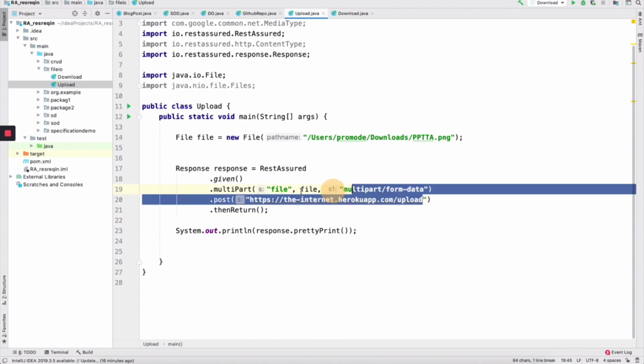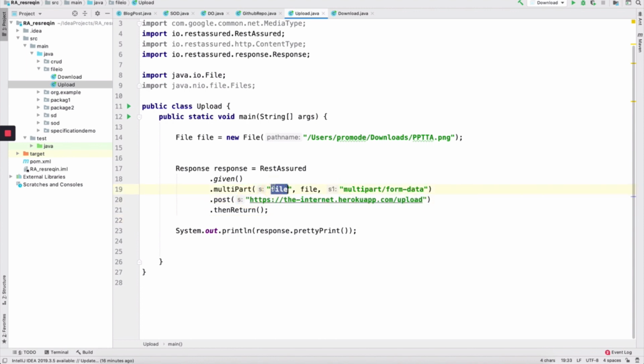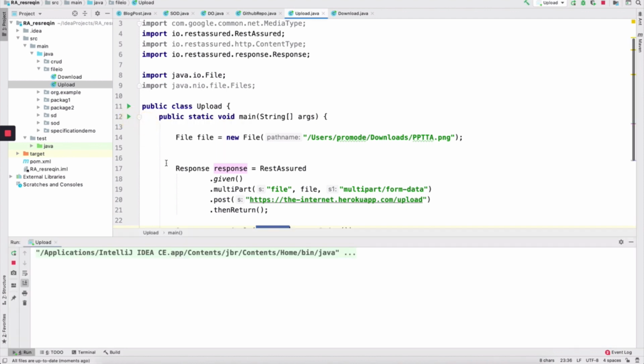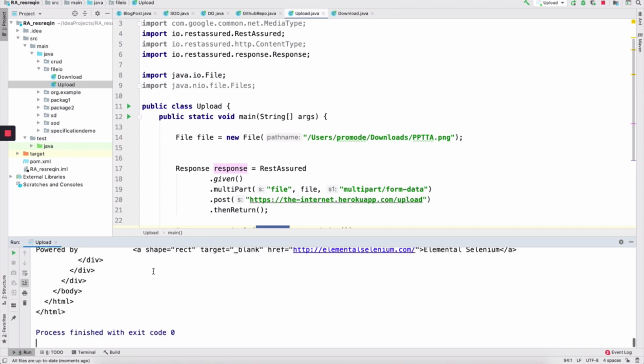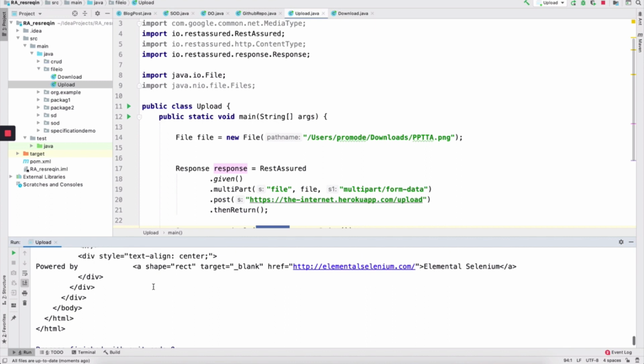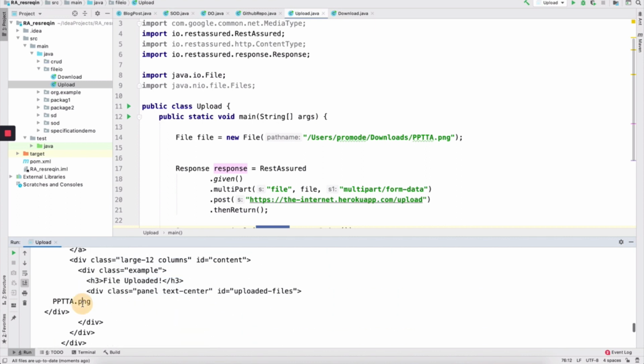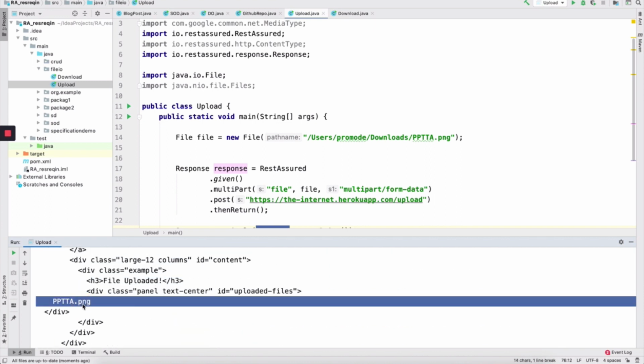So you have a URL, which is this one, the file, and here is the header, the content type that you need to mention, and this is the file name. Similarly, if you upload the same file, let me run it here, and it will upload the file. So it's very simple. In Rest Assured, you just need to change your content type to multi-part. And yes, the upload is successful, which means everything works fine, right?